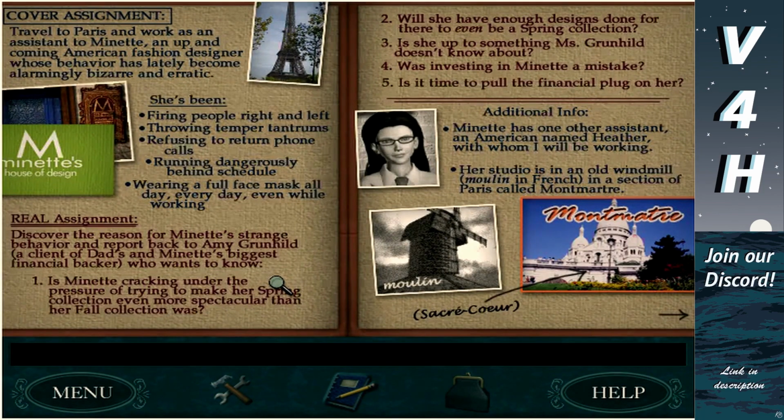1. Is Minette cracking under the pressure of trying to make her spring collection even more spectacular than her fall collection was? Wow, she loves her bulleted lists in this brief. 2. Will she have enough designs done for there to even be a spring collection? Or 3. Is she up to something Miss Grunhild does not know about? 4. Was investing in...